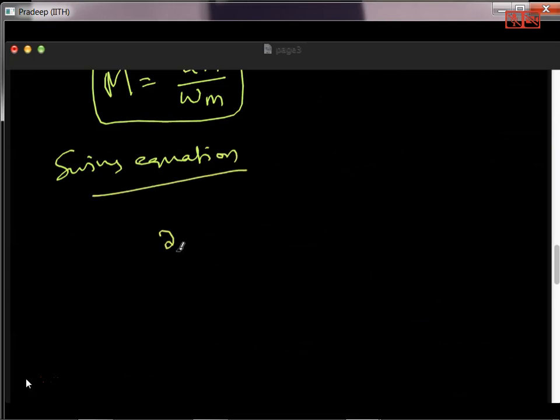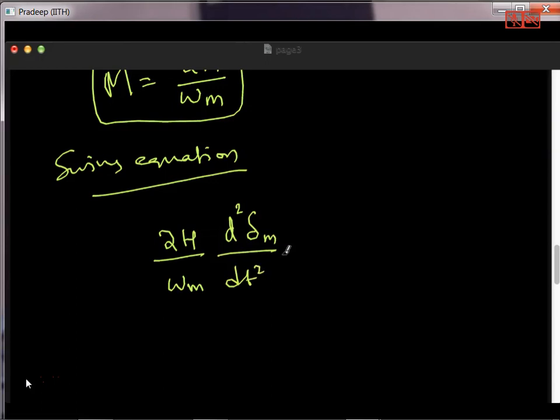That is 2H by omega_m, d²δ_m by dt², equal to mechanical power minus electrical power. So this equation again is in